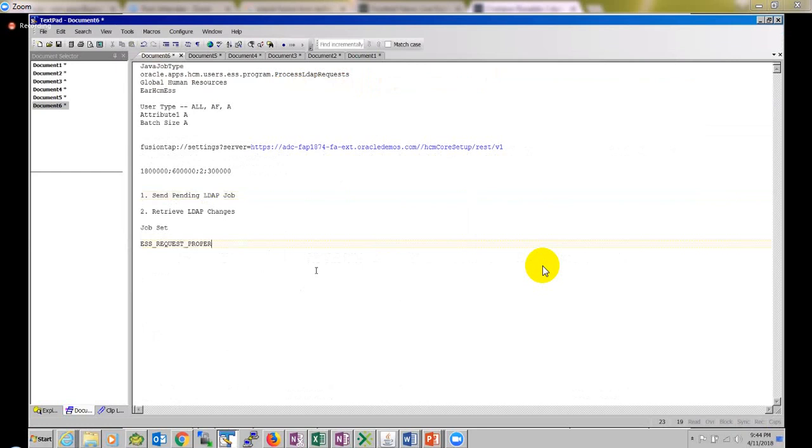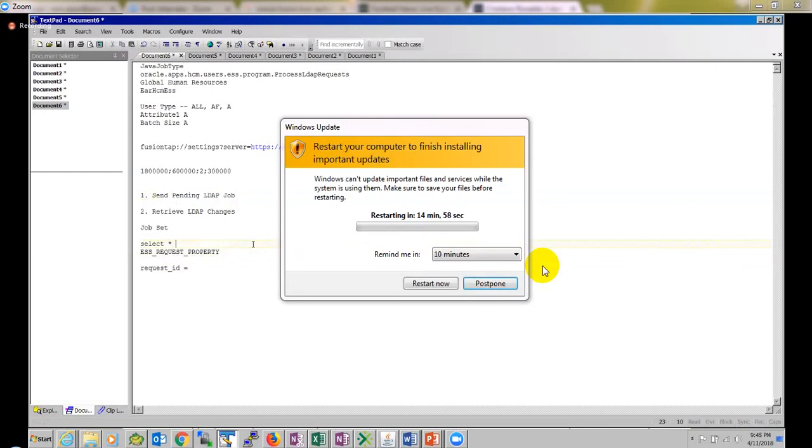property table. So this table, we can give request ID as a parameter, as a criteria. As I said, first criteria, run these two jobs. If we know the request ID of these jobs, then give request ID equal to something. Let's start from request ID equal to whatever job you run. If you know the request ID of the job, give that request ID here and query it from the back end. Then you will get the